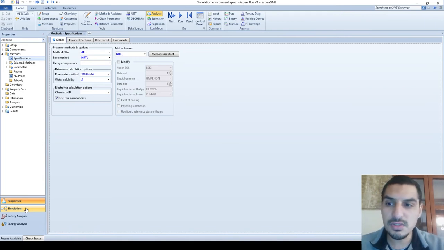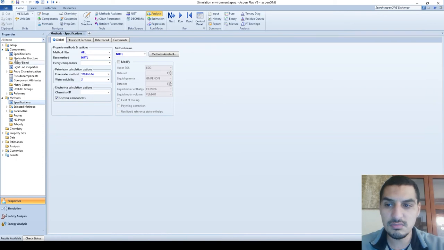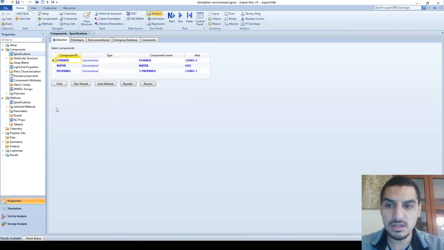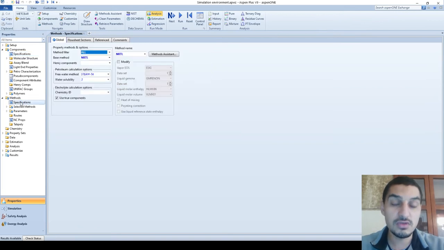Here in the properties environment, I define the main components of the system. By this, I mean the components, the materials that I'm gonna use in the system, as we did here, and the thermodynamic model, which are the two main inputs. And we were able to see that we can do some analysis, which is very useful and helpful in many